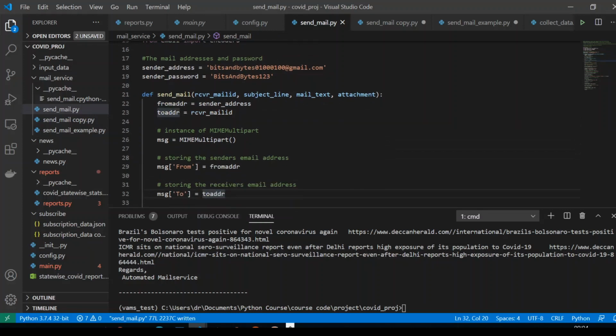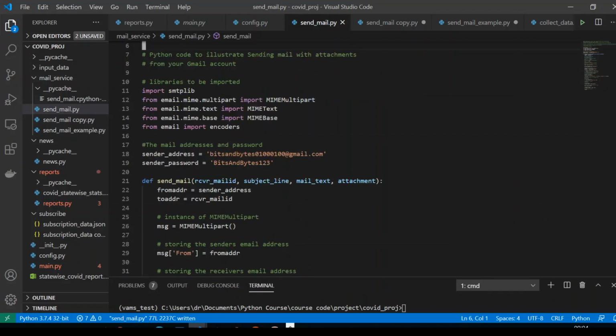I have already written a function called send mail, so let us go through the code and see what is happening. Yesterday we saw that we are sending a receiver email ID, that is the person who has subscribed, and then there is a subject line, and a mail text which we combined from the JSON data, that is the API, and also the news part. And then there is an attachment, the Excel sheet attachment. When you log into a server, you need a username and password. That is why it is set.